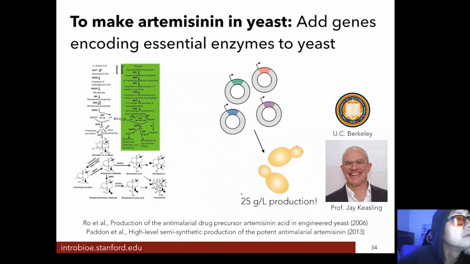And he's able to achieve 25 grams per liter production of this compound in yeast just by putting these genes from the plant into yeast. And this is really exciting to people who work in bioengineering, and it's an example of new technology being used to try to change the way that medicine scale-up occurs. But